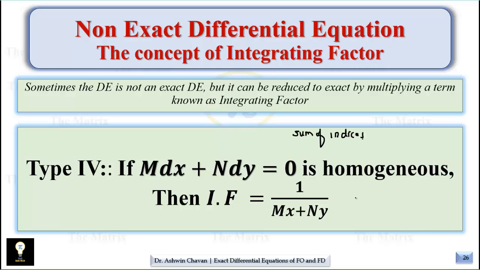So for example, (x cube plus y cube) dx plus y cube dy equals 0. So x cube, the power is 3, y cube power is 3, and y cube power is 3. All terms have the same power, so such a differential equation is called a homogeneous differential equation. So in this case, the integrating factor is given by 1 upon Mx plus Ny, provided that this denominator